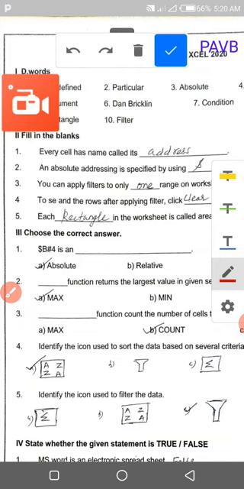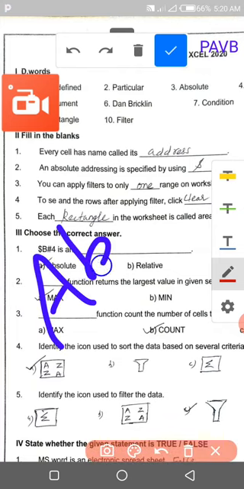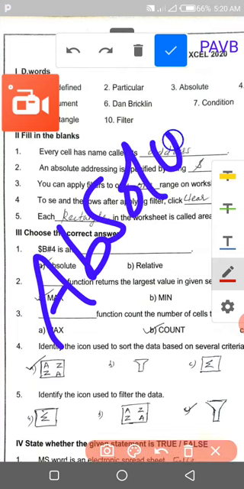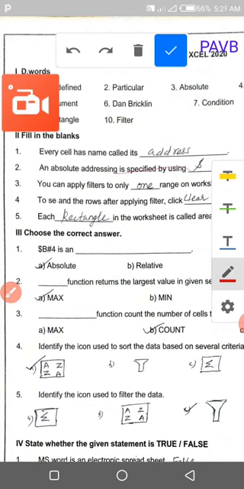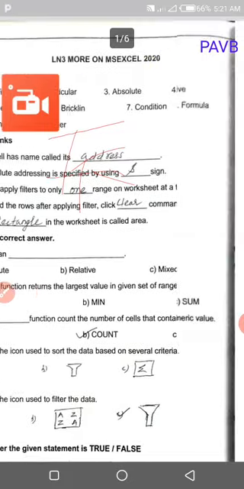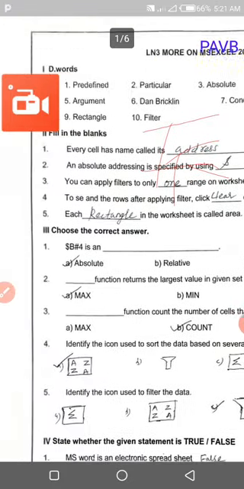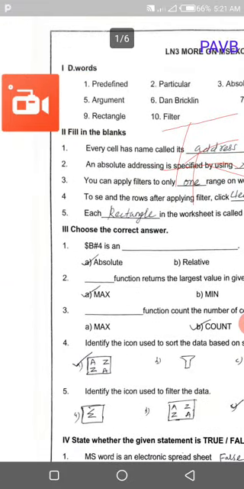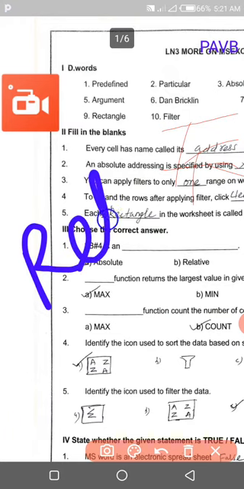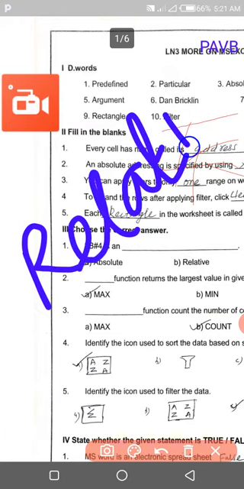Third one is absolute. ABSOLUTE, absolute. Fourth one is relative. RELATIVE, relative.